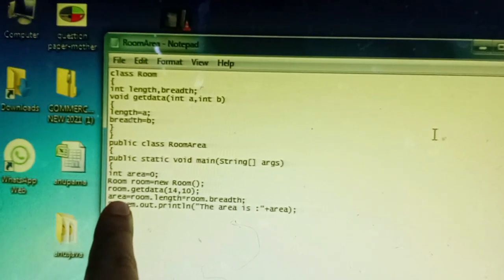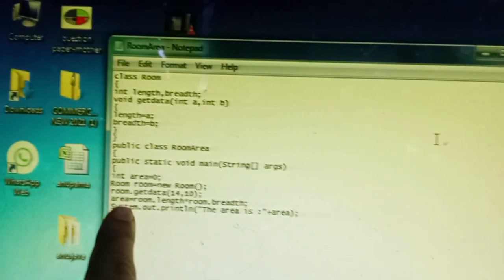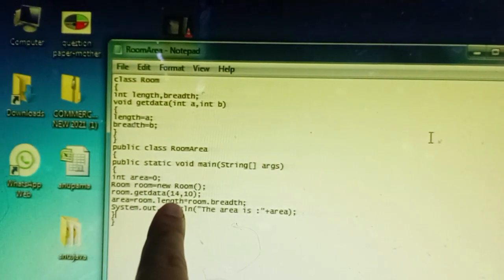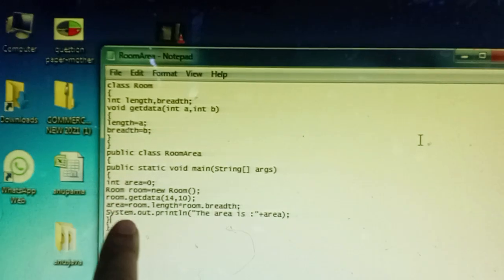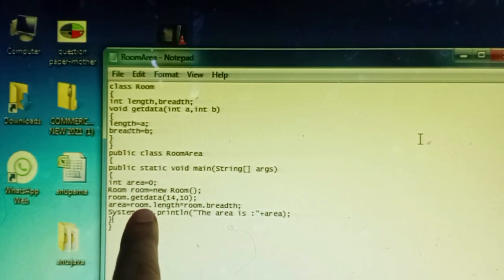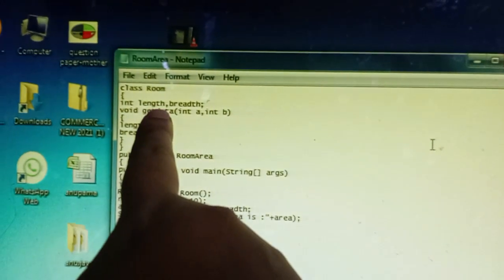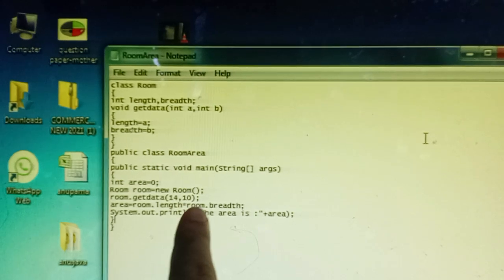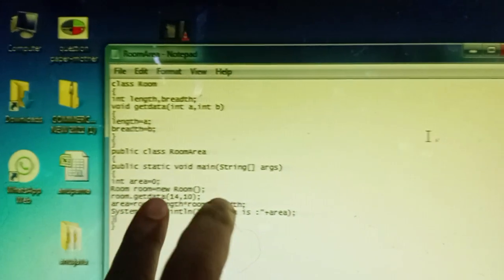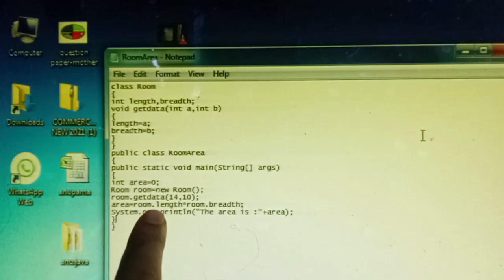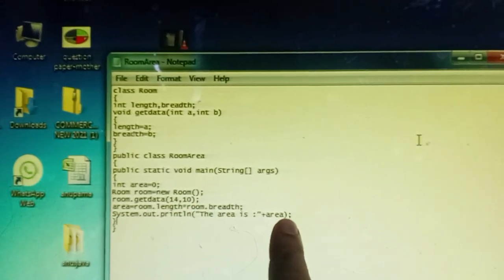Area equals room.length. Length is in which class? Room class. Room is the object. So using the object room, we access the length in the Room class, into room.breadth. These two multiplied means 14 into 10. Then we are printing the area.